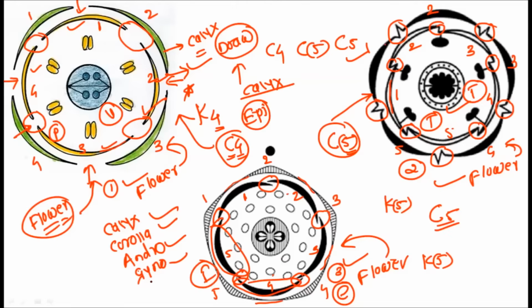So as you can observe how the aestivation changes from flower to flower, and this aestivation should accurately be reflected in the floral diagram. Then and only then you will get the complete marks regarding this particular floral diagram. Okay, now let's move forward. If you go right from the petals to the next whorl, the next whorl is the androecium.